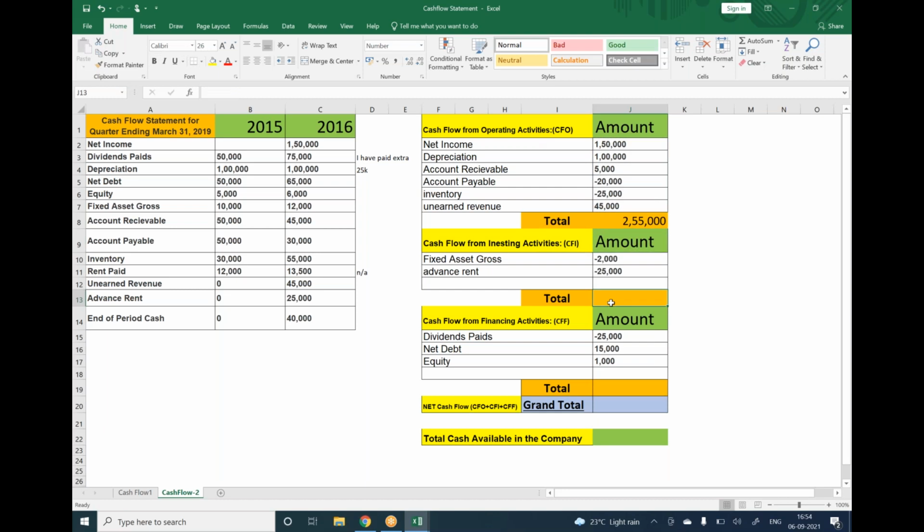Please tell me any doubt or check if I have gone wrong anywhere. It's not that I will always be right. Sometimes I can also make mistakes. So don't assume whatever I do is correct. You can please question me, correct me, stop me if I am doing something not right. 2,19,000. End of period cash is